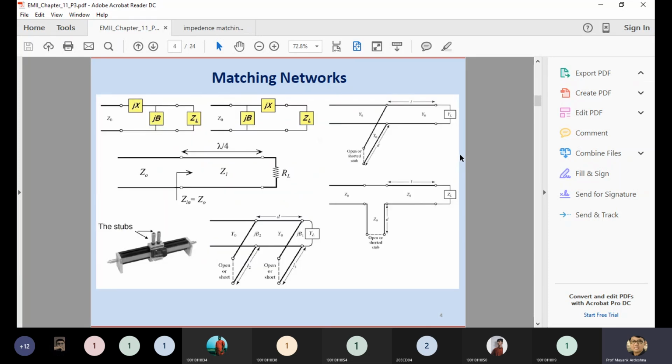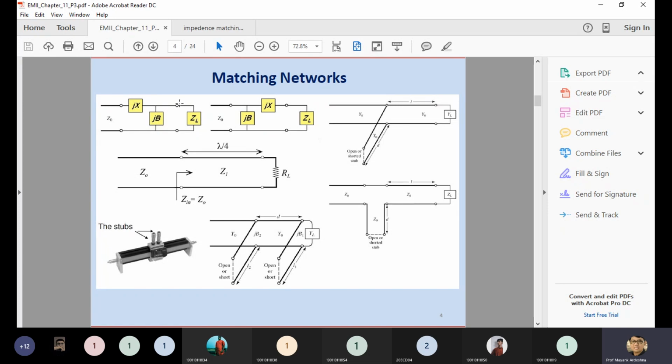So you can see the figure where you can easily identify the different matching networks. The first figure from the left-hand side, which is marked with yellow boxes, is some kind of a T as well as a pi network. This kind of circuit is nothing but a T as well as a pi network.